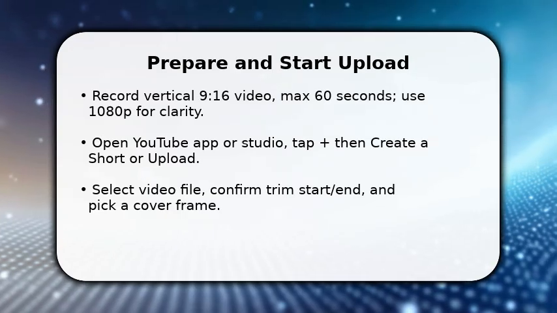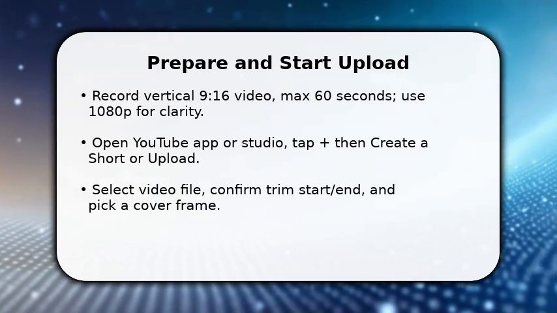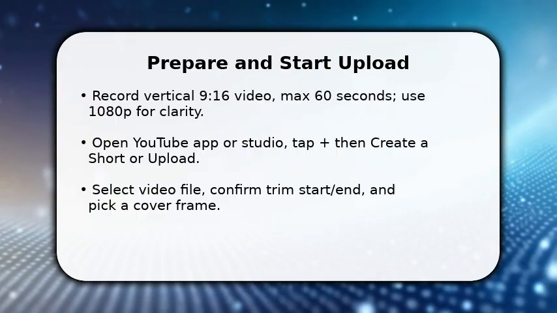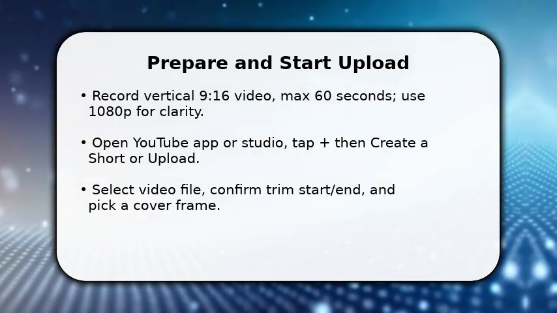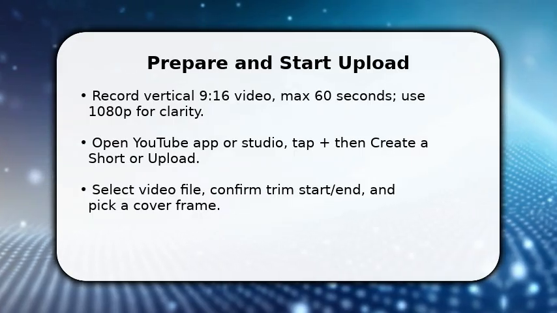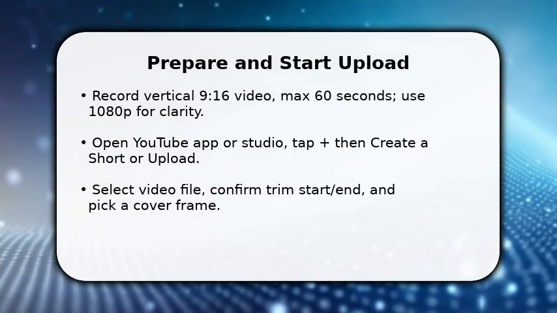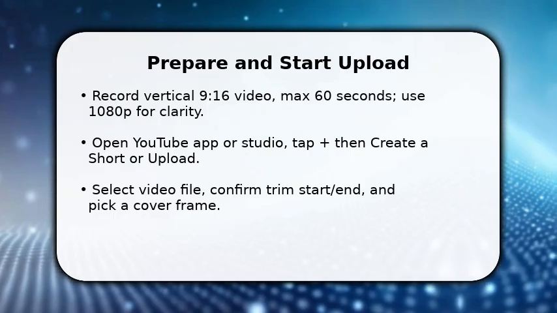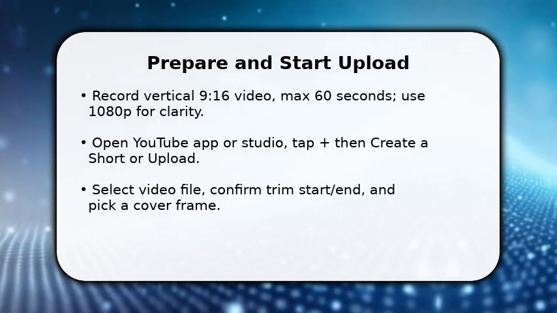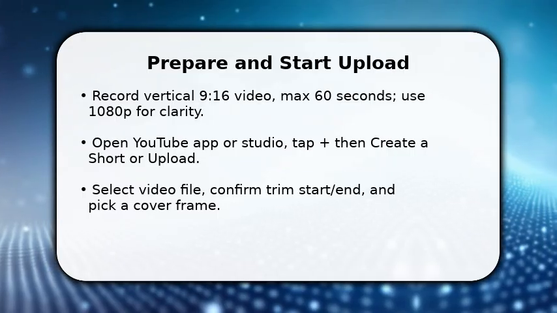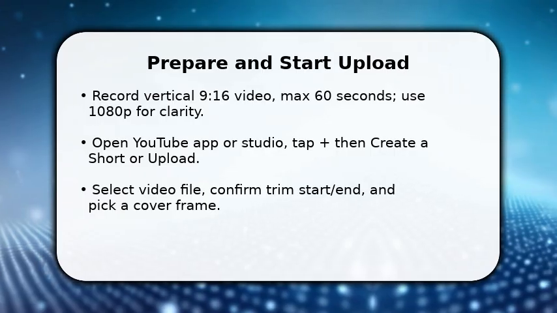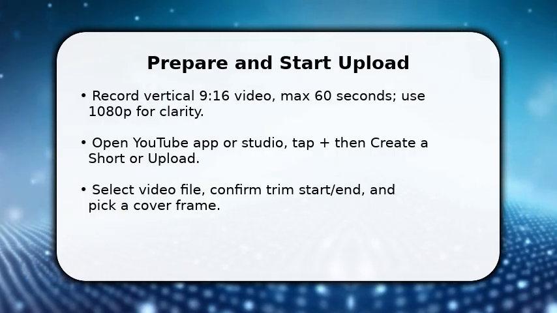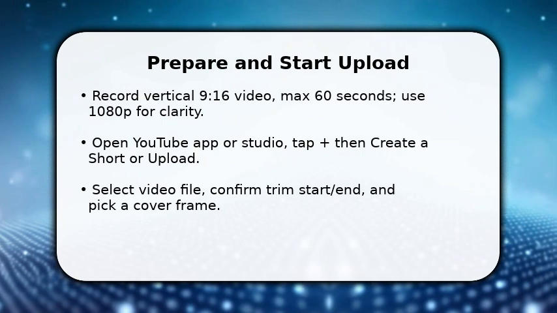Enjoy the video. You begin by making sure the footage matches platform expectations. Vertical 9:16 and under 60 seconds, because the Shorts player prioritizes that format. Once you have the file, open the YouTube app or Studio and tap the plus button to create a short or upload. Select your clip, then immediately trim the start and end to the tightest moment. This keeps viewers watching. Make these choices now so the rest of the upload flows smoothly and your video meets